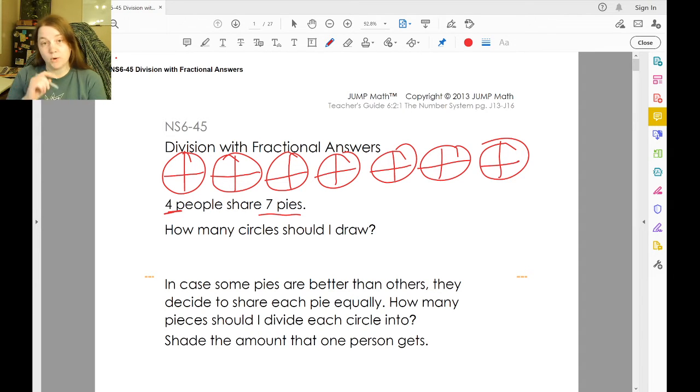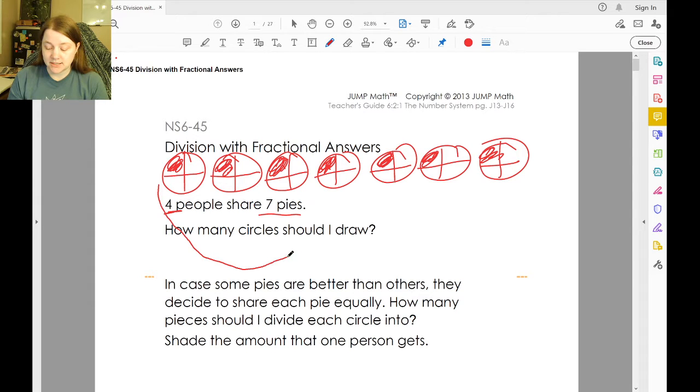That means that one person is going to get a slice of this pie, a slice of this pie, a slice of this pie, and this pie, and this pie, and this pie, and this pie. Now, if we were to take out pies of different types and put each person's pies into a combined container, which is probably not okay because it's mixing food, but for the purpose of the problem,